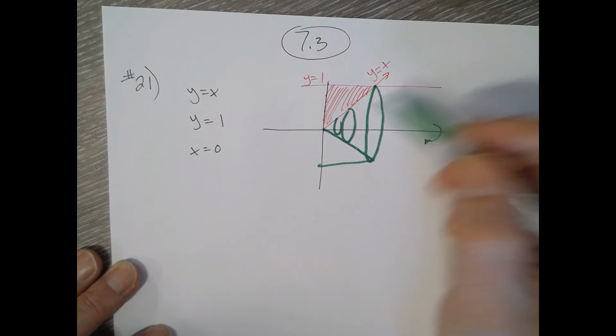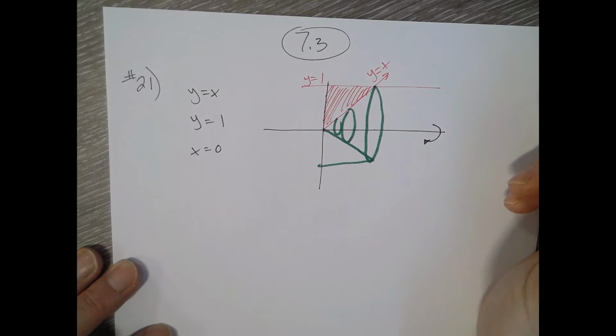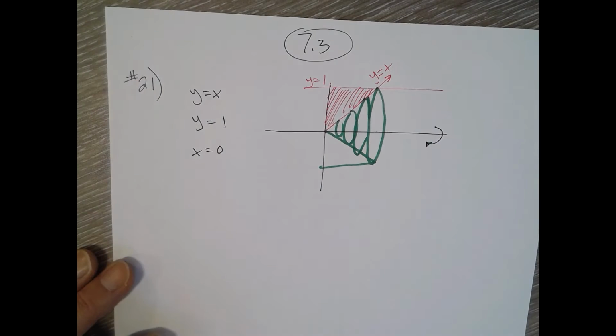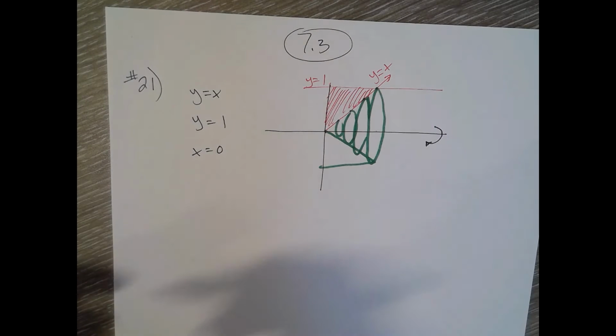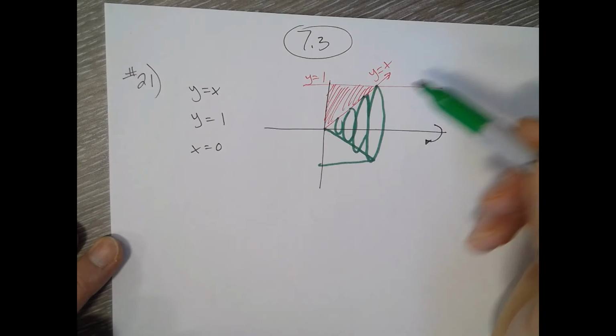Are we going around the x-axis? That's not a disk method, this is a washer method. Oh, I thought I was going to start with a disk method. Okay, they only give you a couple disk methods and they go jump right to the washers. All right. Okay, so this one